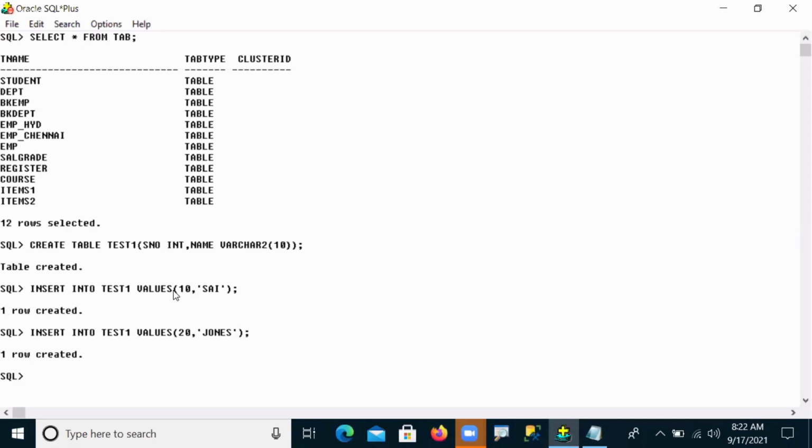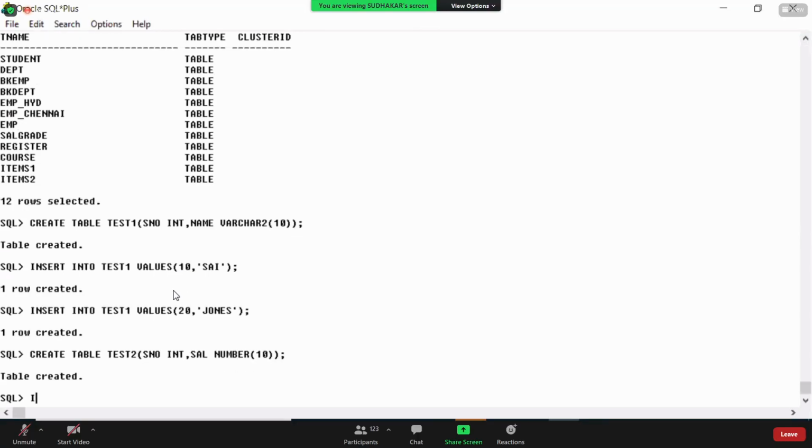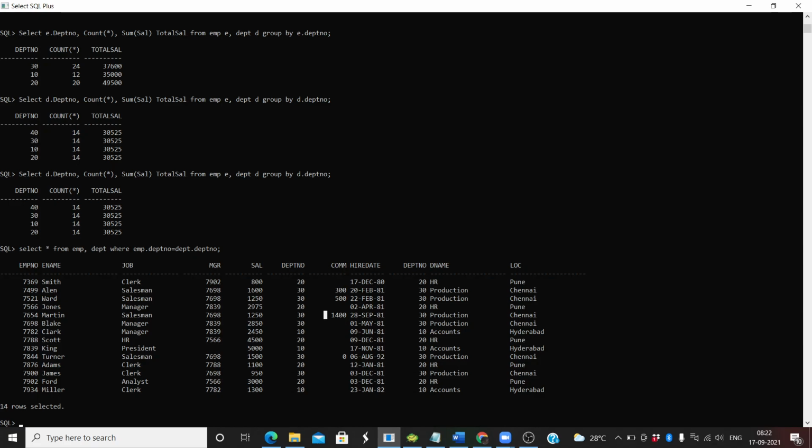Okay, right. And the next one is one more table I'm creating, test number 2. So here I want to take a serial number and some salary. Now insert into test number 2 the values.